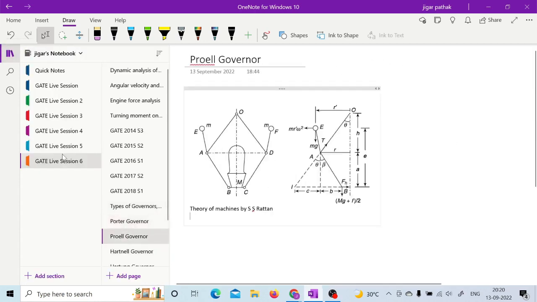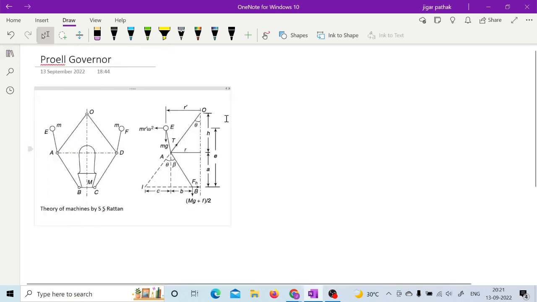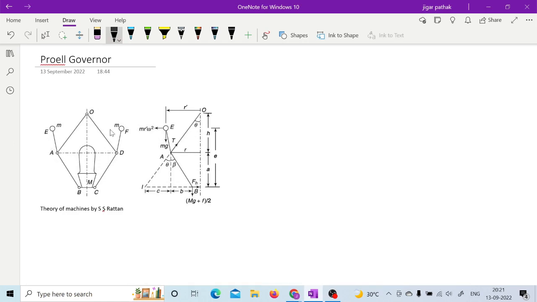So if you go for the Proell governor, then what they are doing is extending this lower link, and on that they are providing this mass or fly ball. So in the Proell governor, again you can take moment about this particular point I. So it will be m r dash omega square e is equal to mg into c plus r minus r dash, actually,